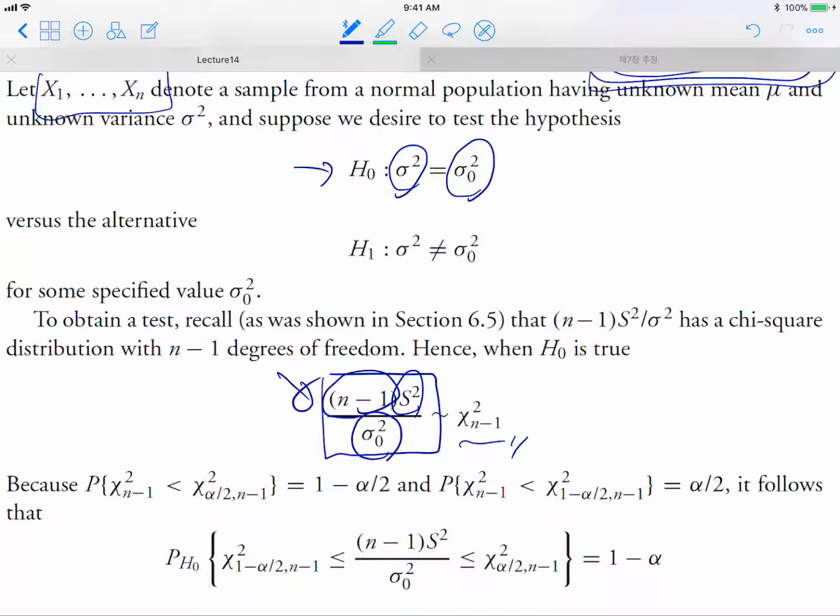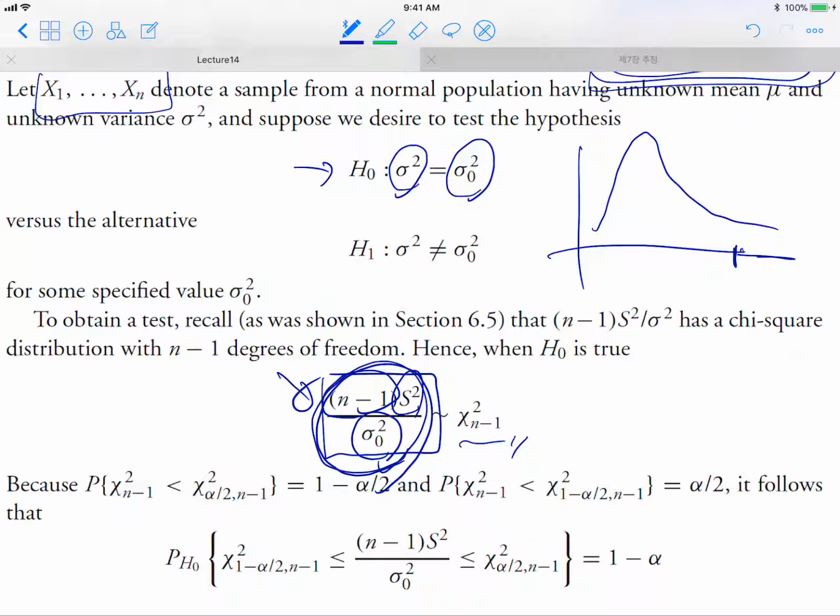So this value will have some kind of chi-square distribution like this, and if this value is found to be like this value,